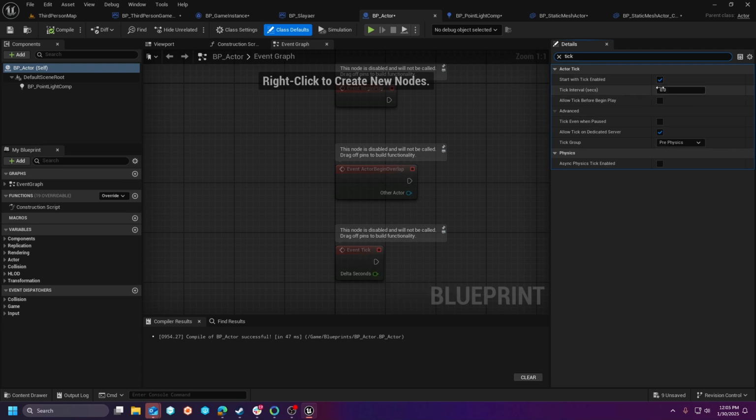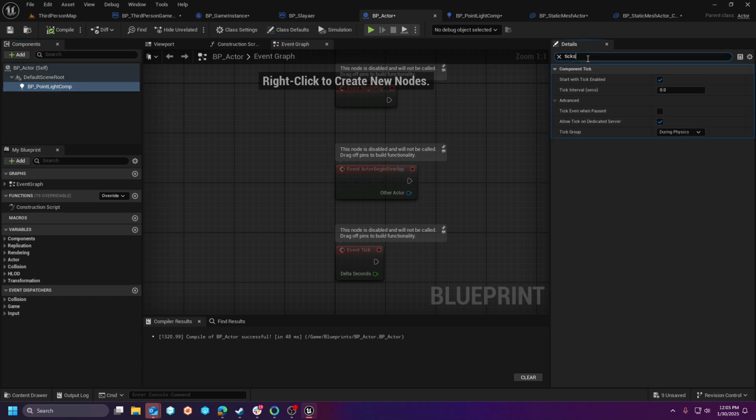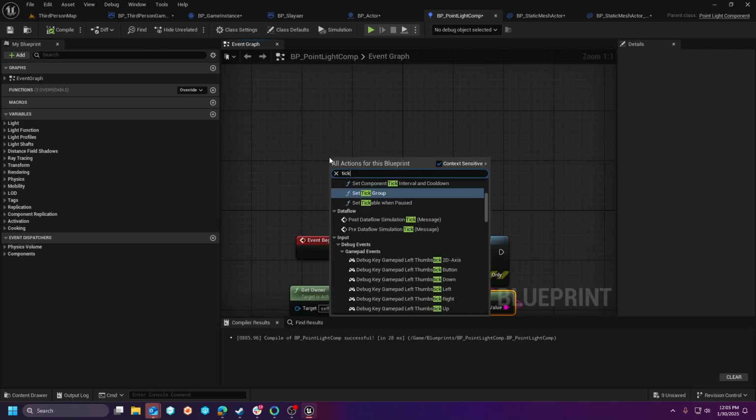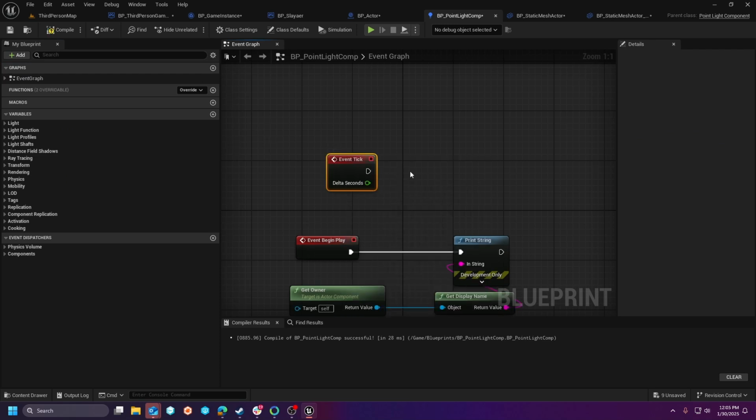If this tick isn't wired up, you can uncheck this box and save a little bit. You can also change your project settings and set everything to not tick. And then that will force you to turn this on for everything. But the same is also true for components. Components themselves, as you saw, have a tick function. And if you've inherited from a C++ class and made this a blueprint, then you can right click this and edit it, and you can see whether or not the tick is available for you in the component. And if this tick is not wired up to anything,